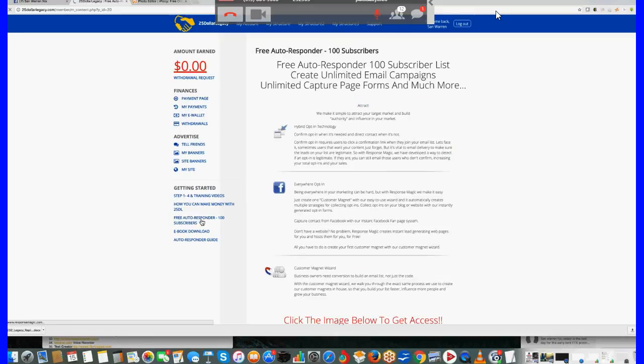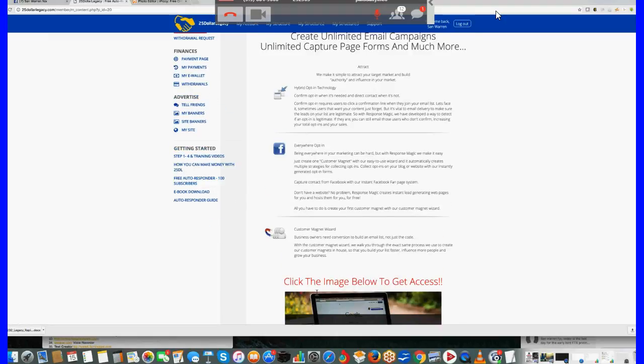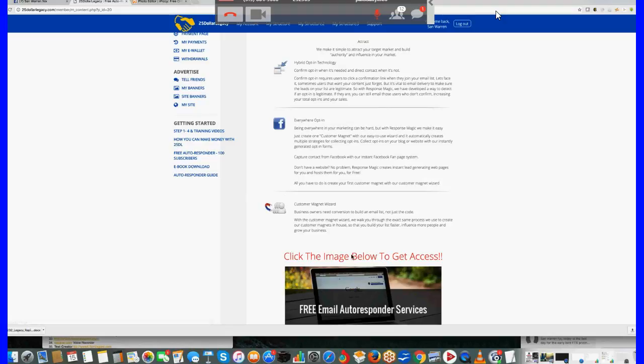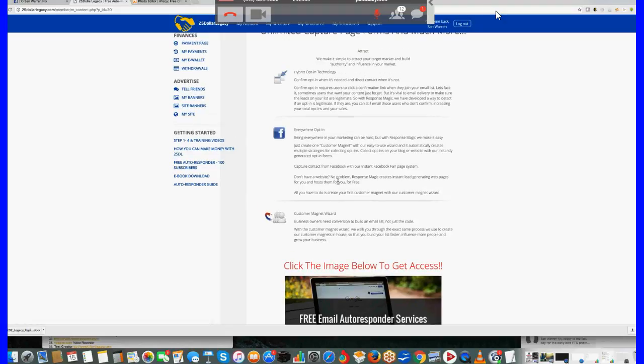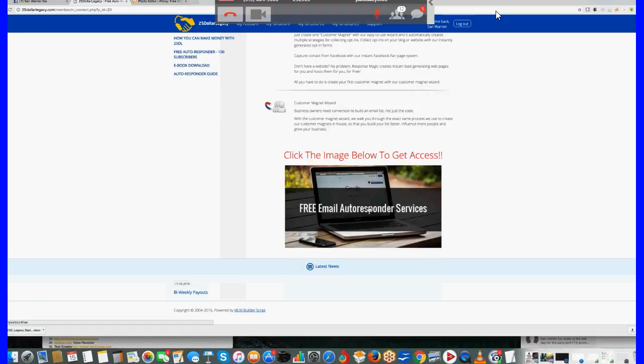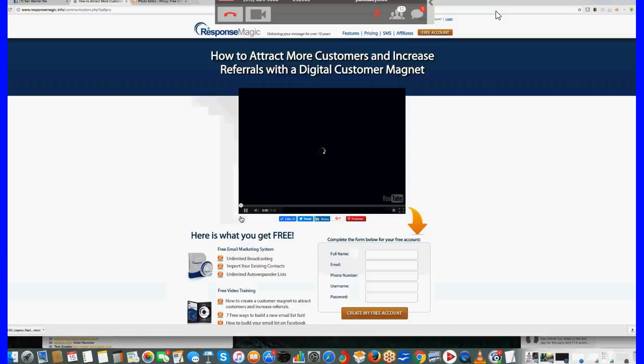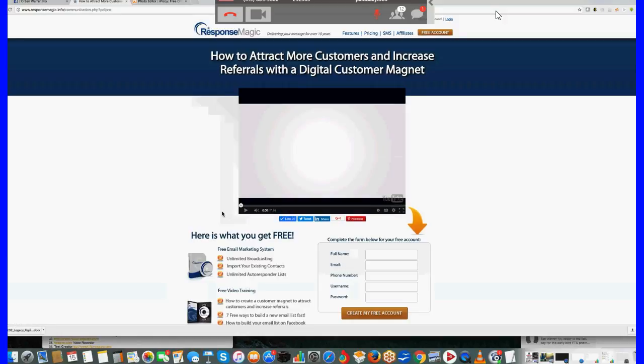But the reason why you guys are here today is you want to see the free autoresponder that Ramon talked about. Now, as a free member, you can direct them to that free autoresponder, 100 subscribers, and they can read all this stuff. This just gives them a markup of what they're actually going to get and what's available and the reasons why they should be taking a look at this. But if they click that image, it will take them straight to a video that tells them exactly about this